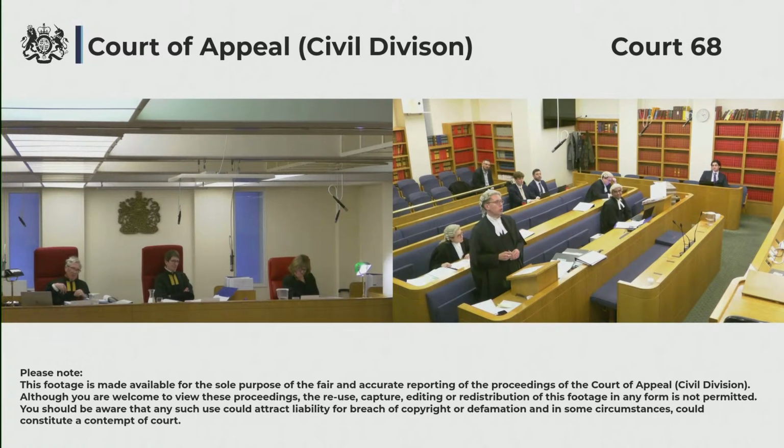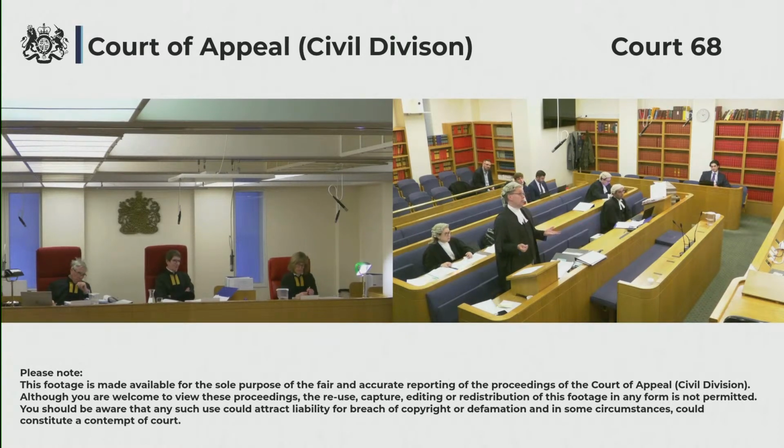But it's not at all uncommon to find different tiers of landlord taking different lines. So I have one coming up in the Upper Tribunal in January, where we are an intermediate leaseholder of the old Central London County Court, actually. The Crown Estate are the freeholders. They served a positive counter notice. They don't mind at all. We think it would be terrible for our interests, so we serve the negative counter notice. And it's going to be an argument about, does the building qualify, where are the lines in it, etc. Is it a physically separate building? So you can get different stances. It's a combination, but I suspect largely driven by their respective interests.